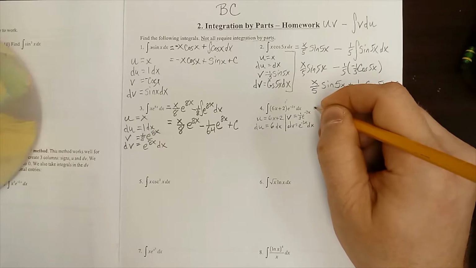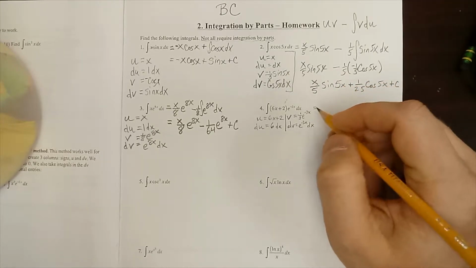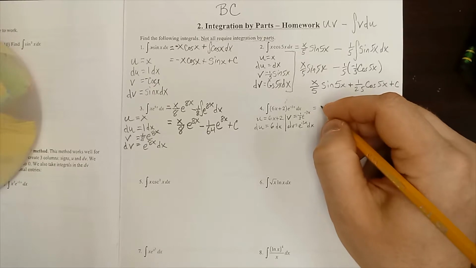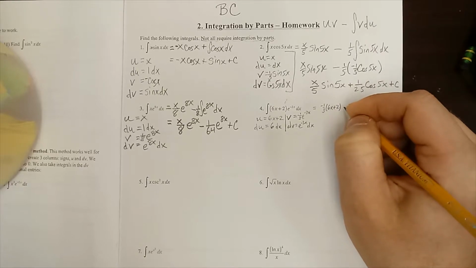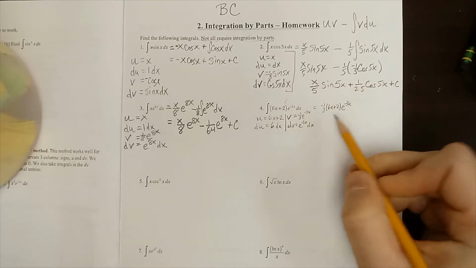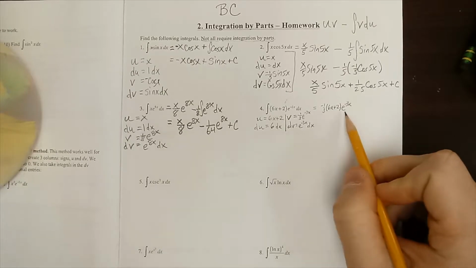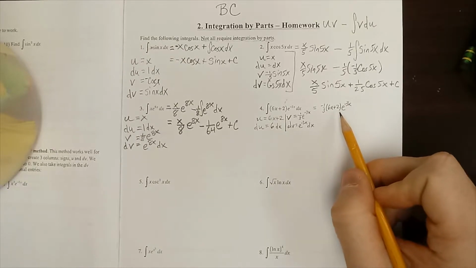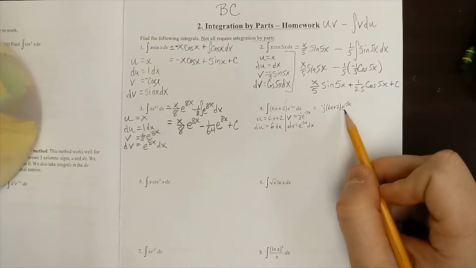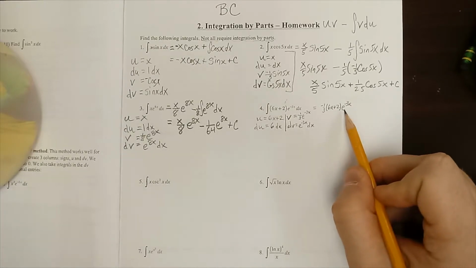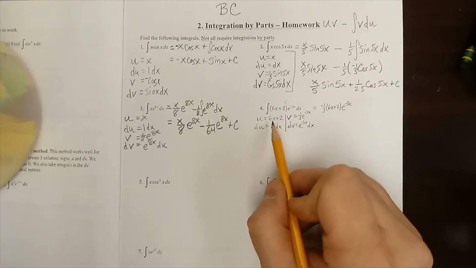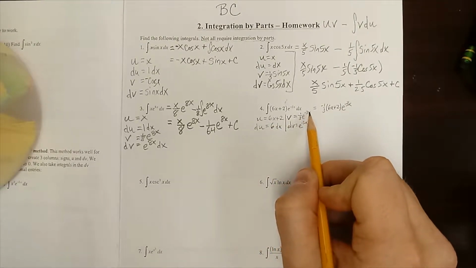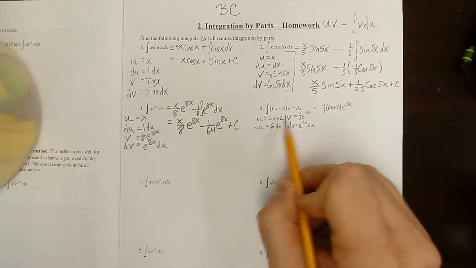I think this should just be a simple application now. So uv: negative 1/3 times 6x plus 2 times e to the minus 3x. And notice how you can write this in any order. It's being multiplied, you just want to pick an order that's convenient or simple to write. I generally prefer to put e to the x's and ln x's, sine x's at the end of any polynomials because it makes things look a little clearer. So I just took this 6x plus 2 and the negative 1/3 e to the negative 3x, and broke it up into